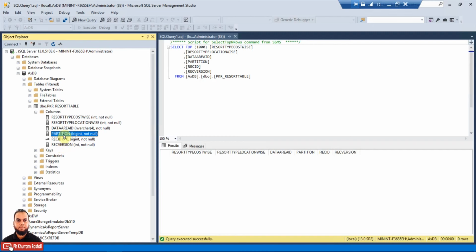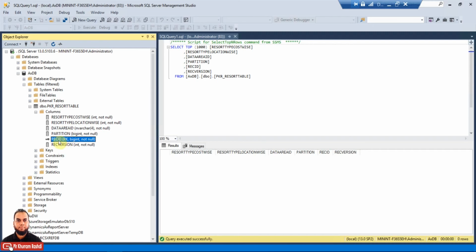And then there is a partition that is related with data partitioning, if you want to segregate your data and make it secure or confidential by assigning data partitioning. And then there is a data area id, which is related with the company information or legal entity information.